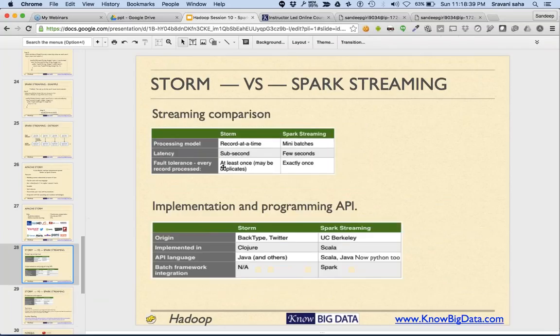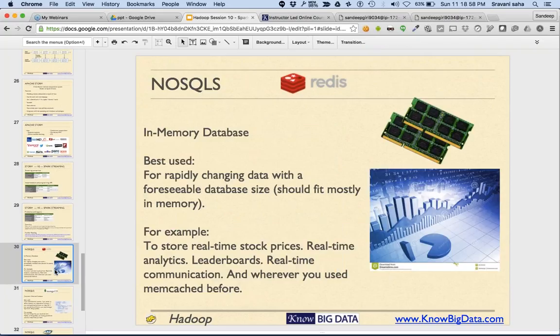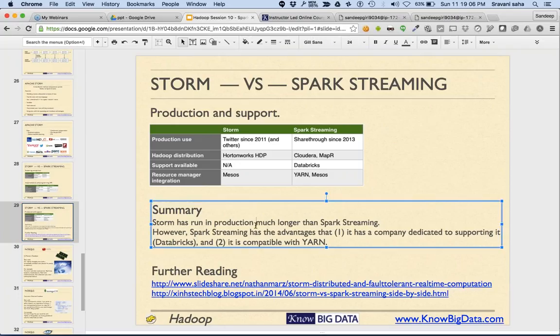The most important part is sub-second versus a few seconds. If you cannot wait for a few seconds, you should generally go with Storm. If you are okay with a little more time, then you should go with Spark. So this is a general comparison. You can go through the details.